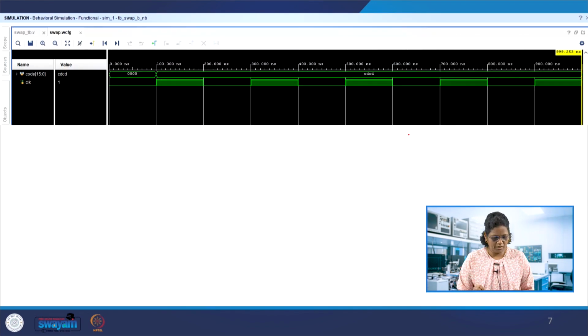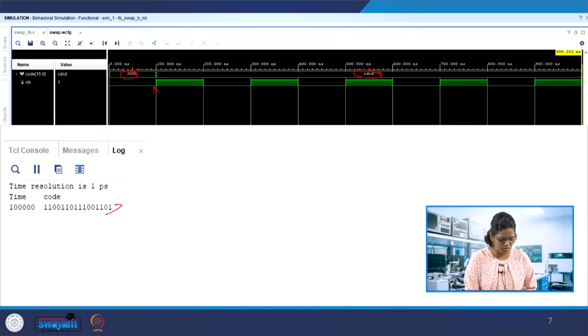So let's see the same thing in the output. CD is 0 initially. When the clock edge occurs, this is just copied over here, so that CD is maintained. At every passage of the clock the same thing is happening, so CD is maintained over the clock change. The same thing can be observed here as well.